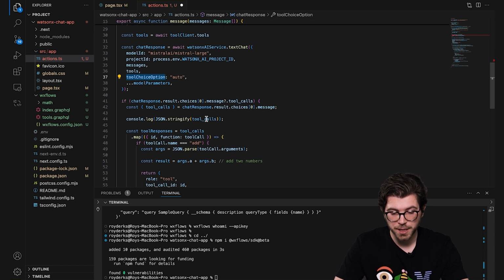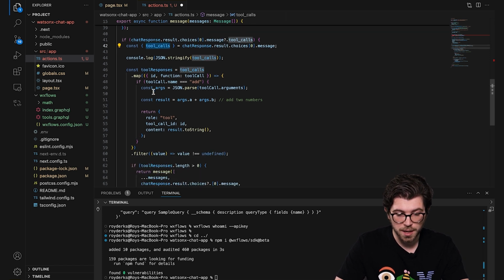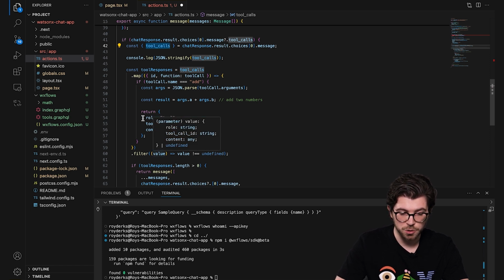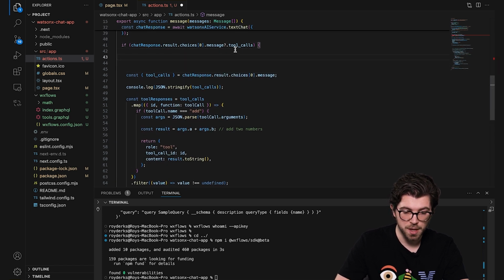We do need to make some changes in this if-else statement. So in here, we're checking for all the potential tool calls, and then we're executing the tool calls. By using WXFlows and the community tools, we don't need to set up any of these tool call logic ourselves. Instead, we're going to let the WXFlows SDK handle it for us. So I'm going to delete all this code and replace it with the following.